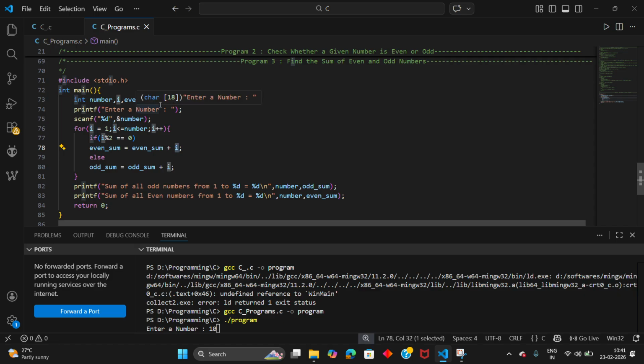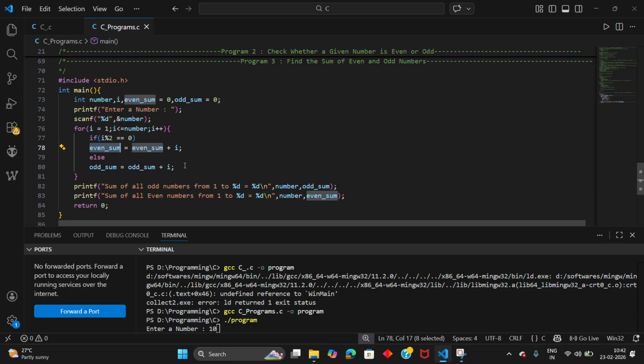So for the next case, 3, again it will move to the else block. For the next case, 4, it moves to the if block. For the last case, 9, what happens is 9 modulo 2 equal to 0 is not true, it is not an even number, so it is moving to the else block, ignoring the if block. So odd sum equals odd sum plus i. Okay, odd sum is also getting changed, right? Odd sum will be incremented with the value of i. In this case, i will be 9, right?